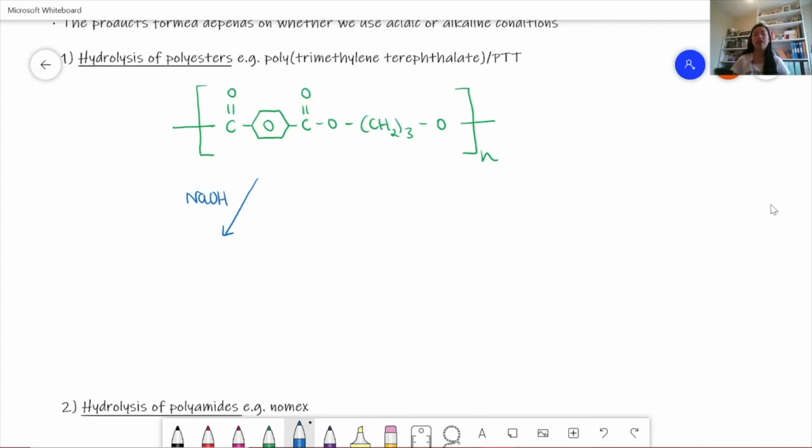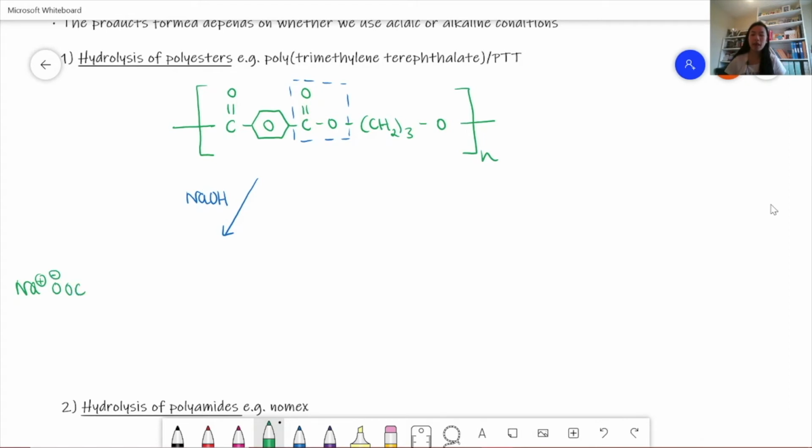And so one thing to note is we know it's polyester because of this group here. This is an ester group, and this repeats throughout the whole long chain molecule, and so that's why we call it a polyester. And so when we use sodium hydroxide, what we form is the salt of the dicarboxylic acid and also the diol. And so the salt we form is, we have Na+, and then we have